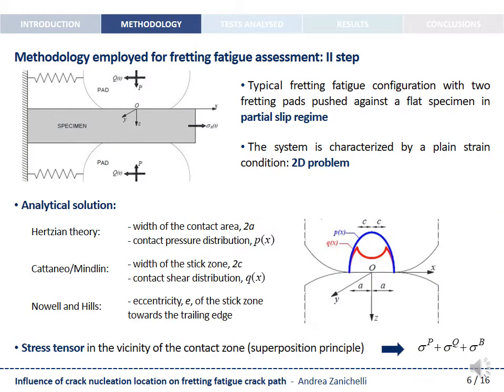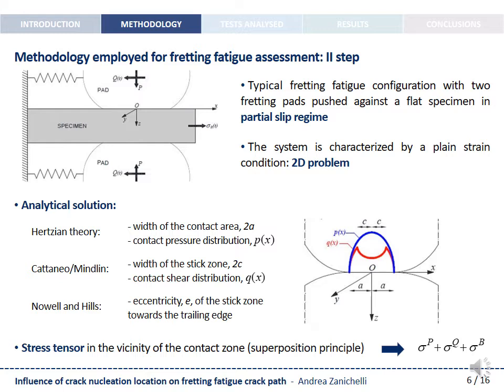Then, the second step deals with the determination of the stress state within the specimen. To this aim, let us consider a typical fretting fatigue configuration where two fretting pads, either spherical or cylindrical, are pushed against a flat specimen in partial slip regime as shown in the figure on the left. A constant normal load P and a cyclic tangential load Q are applied to the pads,